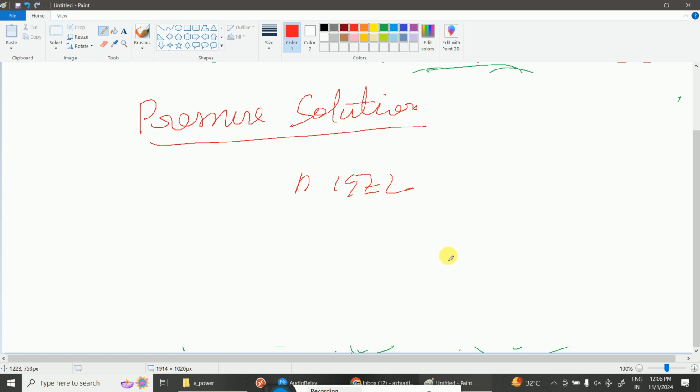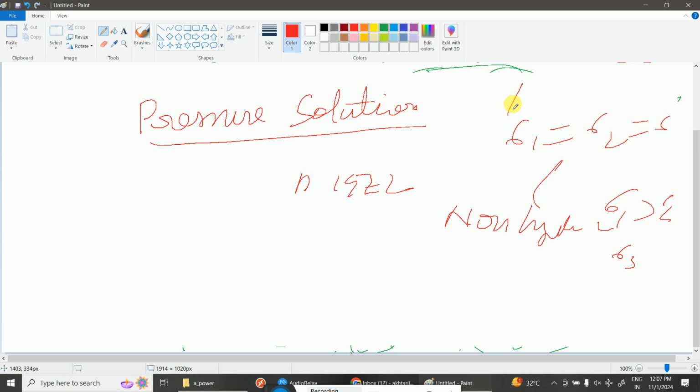The phenomenon of dissolution of minerals under non-hydrostatic stress is called pressure solution. Non-hydrostatic is when sigma 1 is greater than sigma 2 is greater than sigma 3, and in hydrostatic stress condition sigma 1, sigma 2 and sigma 3 are equal. Then in this case the Mohr circle will be a single dot. Okay,